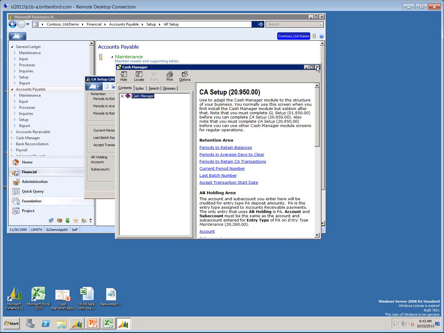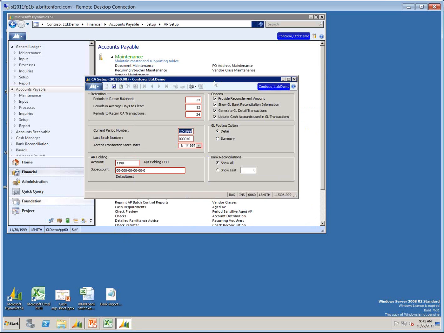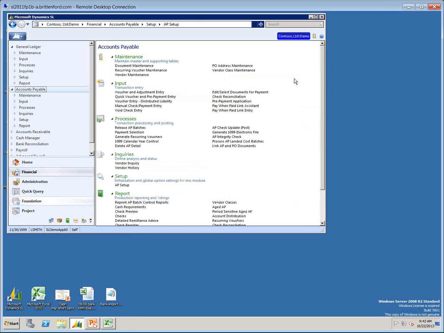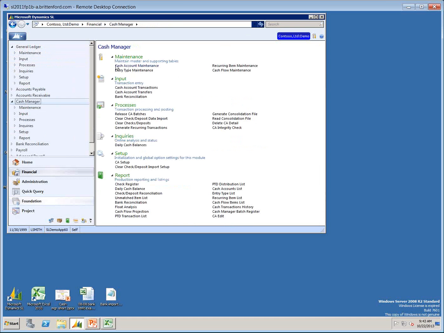Okay, so that's the actual setup. So once you have it set up, and as I said, if you're already using the system, your next step would be coming into Cash Manager and saying, okay, what cash accounts do I want to keep track of? And typically, you're going to want to keep track of your cash that you use in accounts payable, maybe an investment account, maybe a payroll account, anything where you want to do a reconciliation, not have to do it in Excel. So in this case,